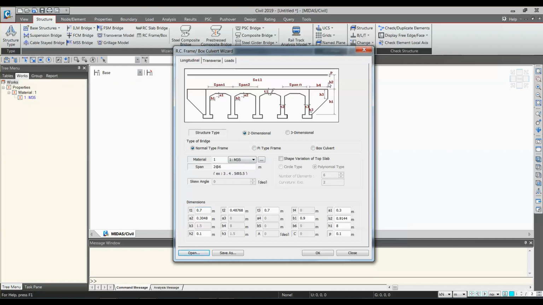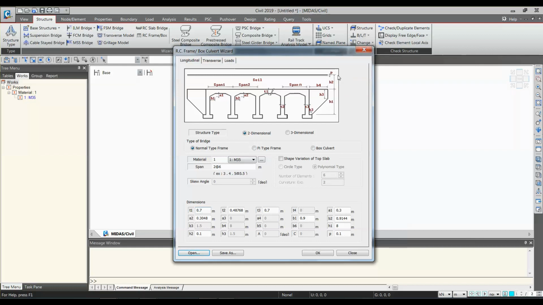If you don't have soil present on the top, then H2 shall be equal to P, where P is the pavement. Either H2 should be equal to P or H2 will be greater than P. H2 shall never be less than P in any case, because P is part of this H2 height. Clear? So H2 is the soil layer plus pavement thickness.